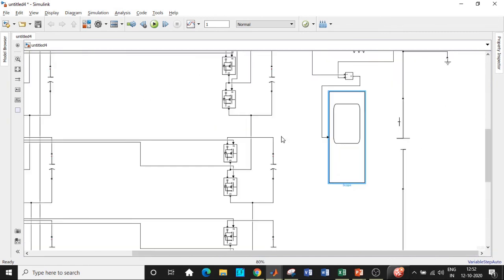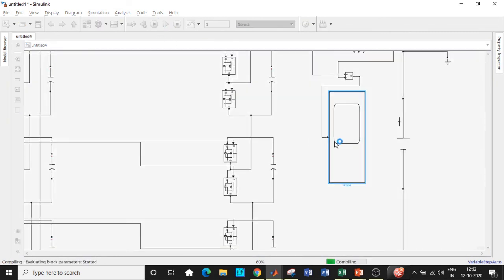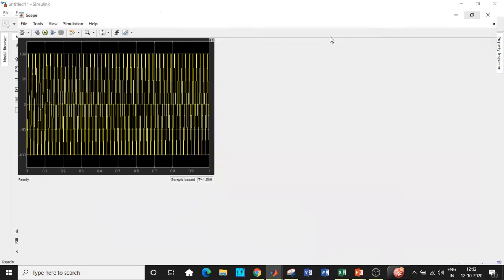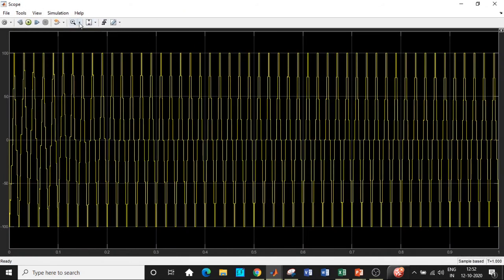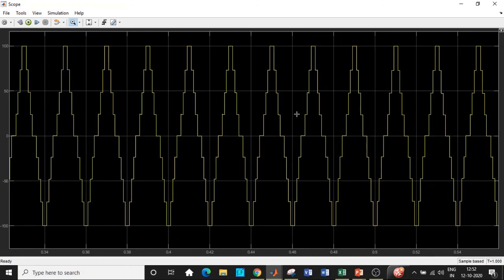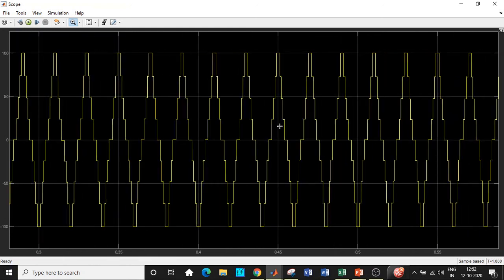So once this is done, now let us click on run simulation. Let us see if our model is running, there are no errors and there will be no issues with the circuit. It does take some time to simulate. Once this is done, let us double click on the scope in order to see the output waveform. We are getting the right nature of output waveform if you carefully observe. These are the levels of output voltage that we wanted, and we are exactly getting the same amount of output voltage that we wanted.